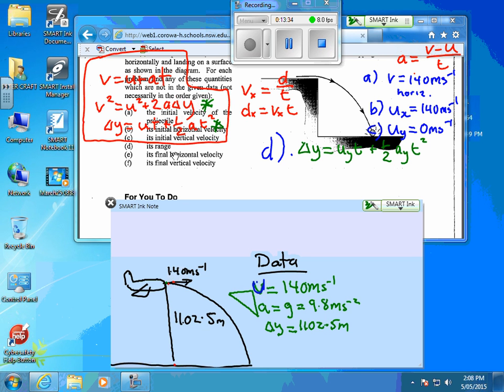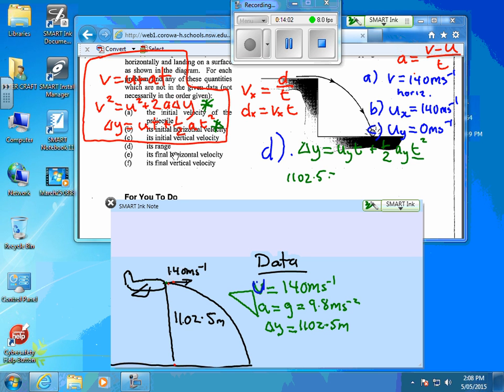Now, let's think about this. Do I know delta y? Yes, I do. Do I know uy? Yes, I do. It's 0. So that bit comes out. Do I know ay? Yes, I do. And that's the thing I want to find out. Acceleration due to gravity. So what I can now say is that